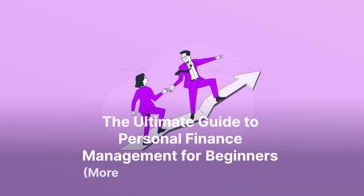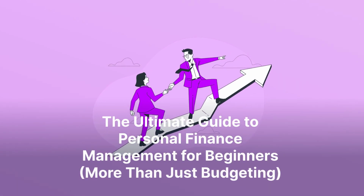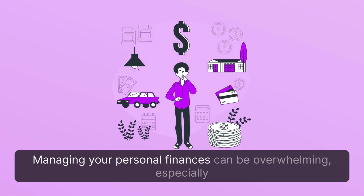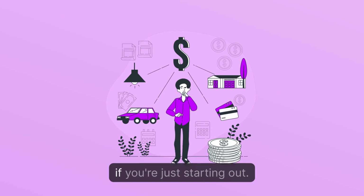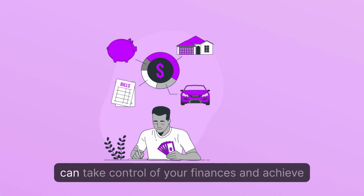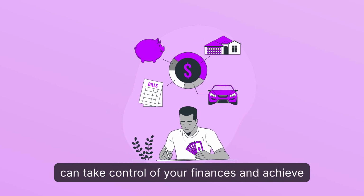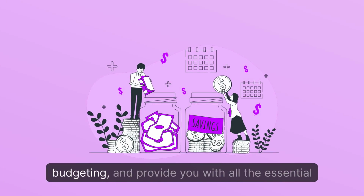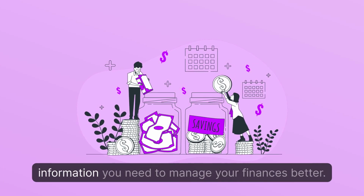The ultimate guide to personal finance management for beginners, more than just budgeting. Managing your personal finances can be overwhelming, especially if you're just starting out. But with the right mindset and tools, you can take control of your finances and achieve financial freedom. In this guide, we'll cover more than just budgeting, and provide you with all the essential information you need to